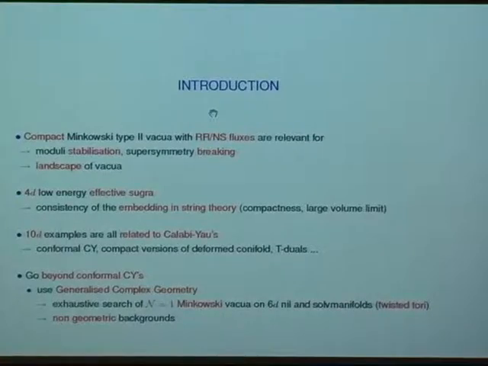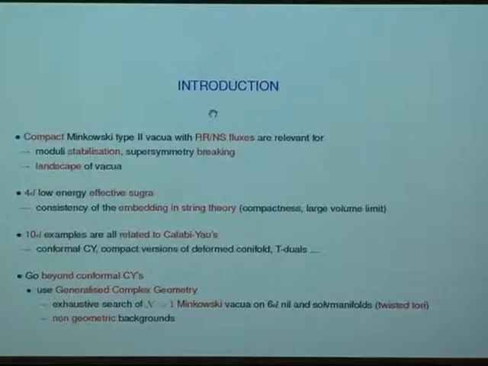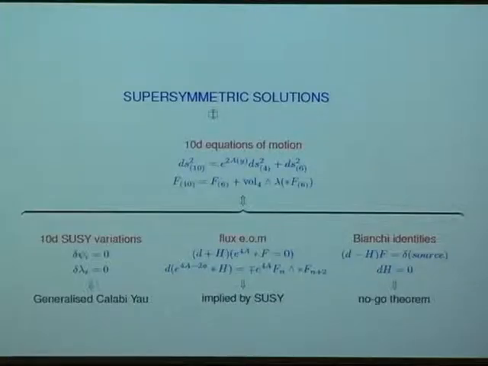conformal Calabi-Yau's. In this talk, I will first of all repeat once more our mantra that generalized complex geometry is the right framework to describe flux vacua, and then I will show how we can use it to perform an exhaustive search for N=1 vacua, at least in a precise framework, which is six-dimensional nilmanifolds and solmanifolds. And also we'll try to show how we can use generalized complex geometry also to have some hints about non-geometric backgrounds. So we'll be looking for supersymmetric solutions of type II supergravity, where the space is a warped